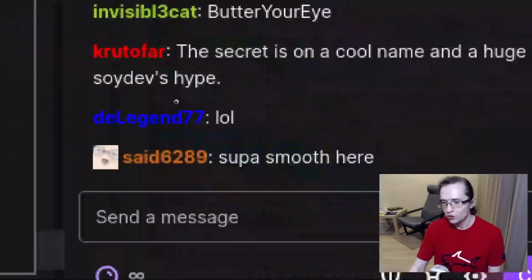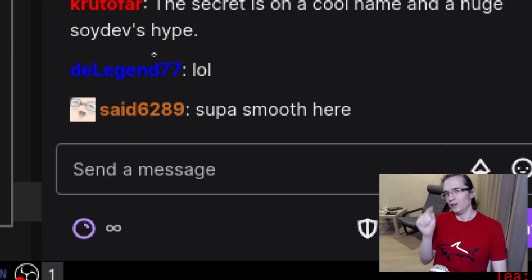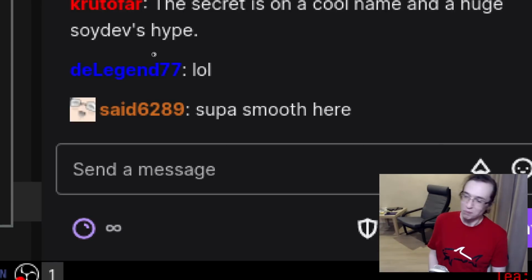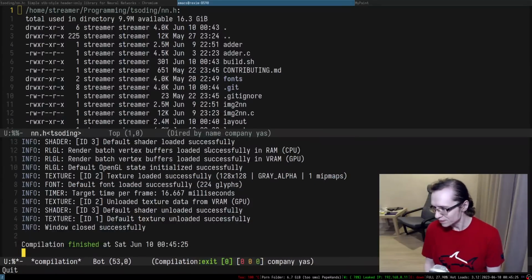Super smooth. So chat confirms super smooth here. Exactly. Can you achieve the same with Electron? No, you cannot. Don't even dare to compare that to Electron.